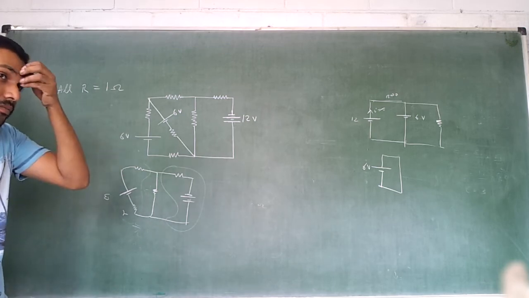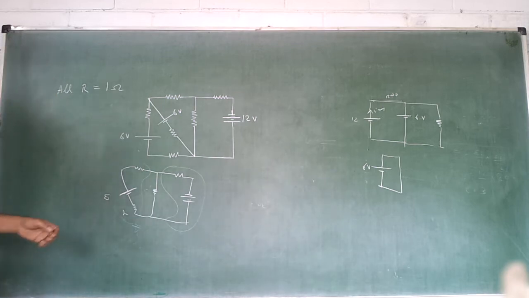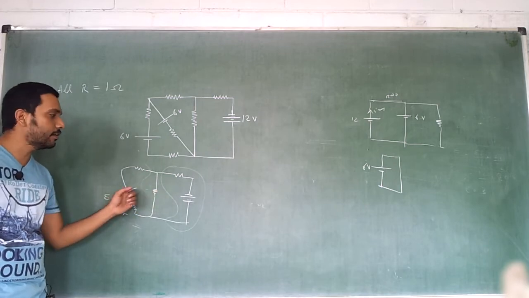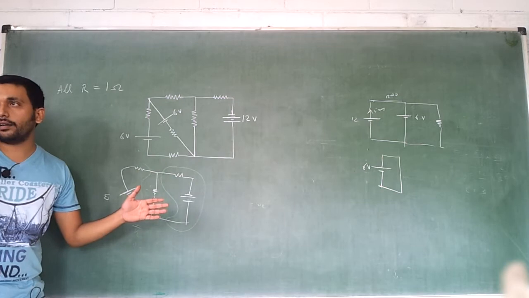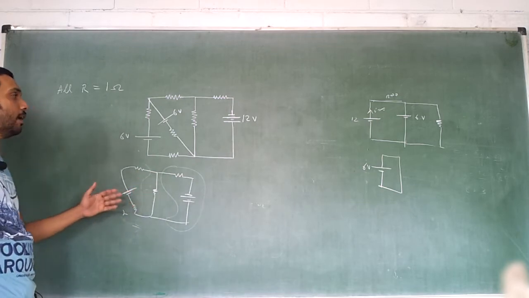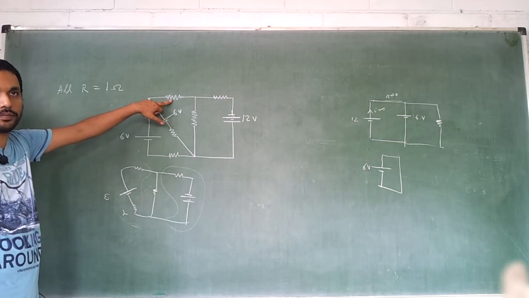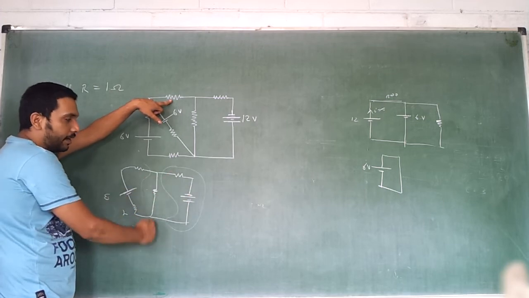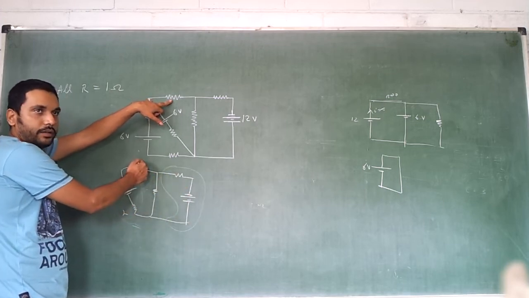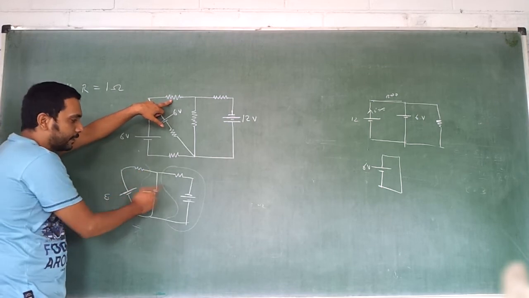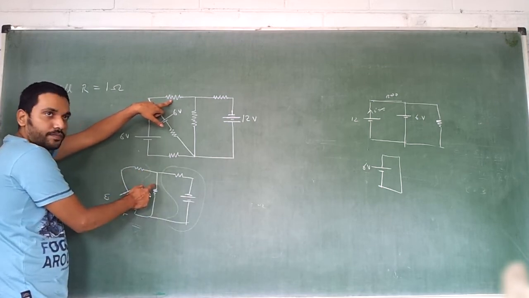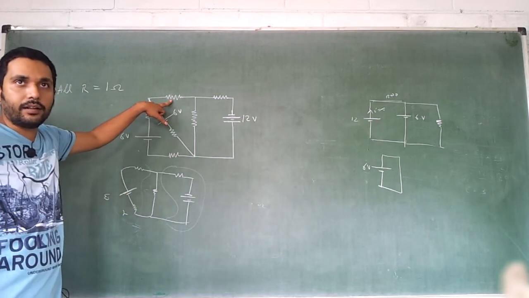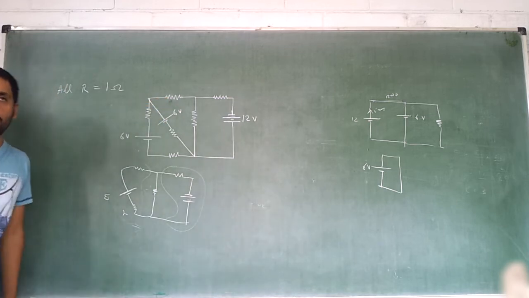Is it clear? You could have taken this and this in parallel, but the best would be to take this and... where did I ask to find the current? If I have asked you to find the current in this resistance, then take this and this in parallel, so that you get a single battery out of this and straight away know how much current is going in that. If you take this and this in parallel, you will get current in this, and then again you will have to do one line more to get current in that. Is it clear? I said do it so that you have practice on this problem.